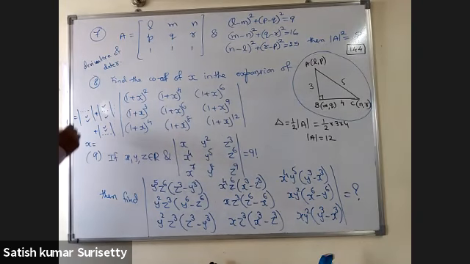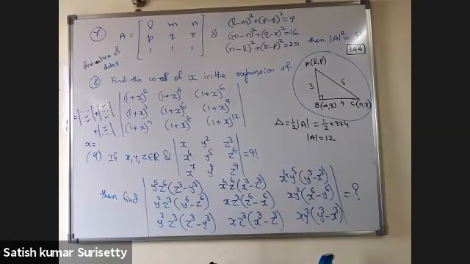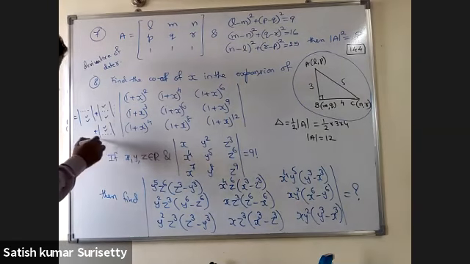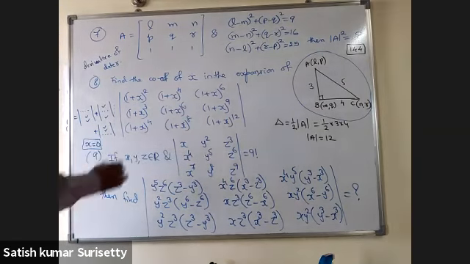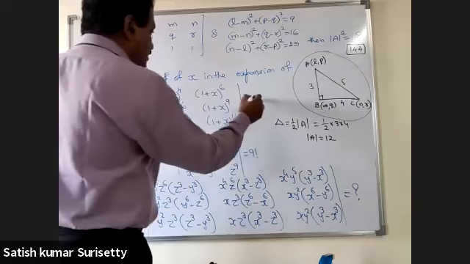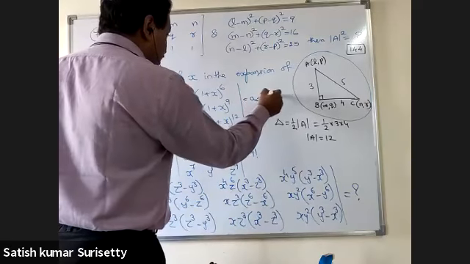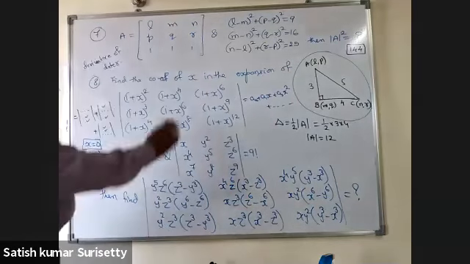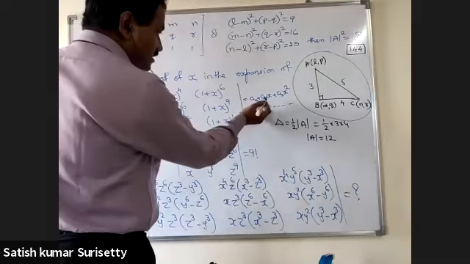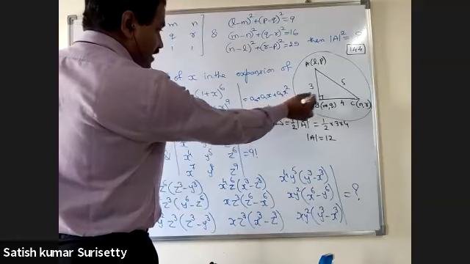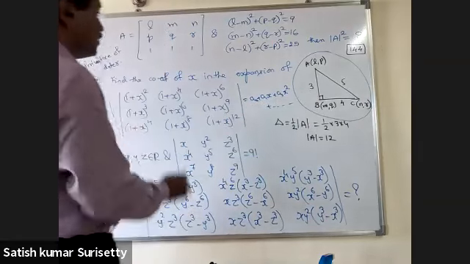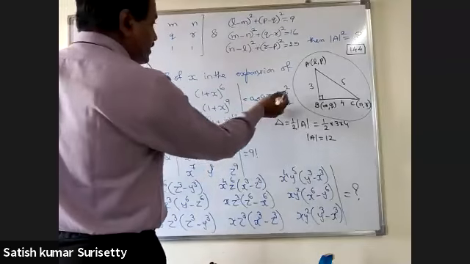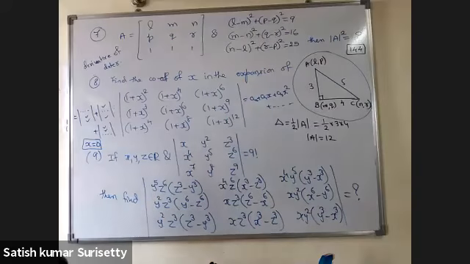After taking the derivative, what should I substitute? Zero. X equal to 0. Correct. Why? Because this is some polynomial. It will be in the form of a0 plus a1x plus a2x square and so on. When I take the derivative, it will be a1 plus 2a2x and so on. Because we need to calculate the coefficient of x, I should substitute x equal to 0. Now, calculate and tell me.